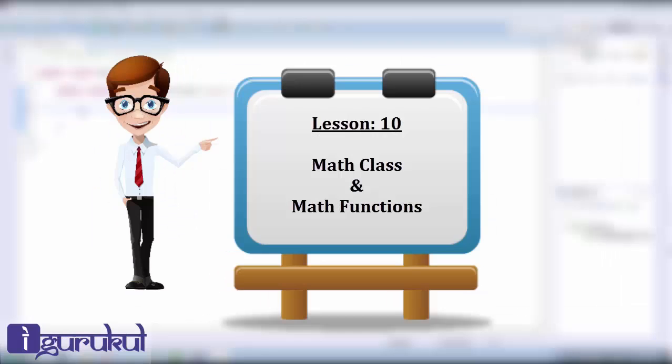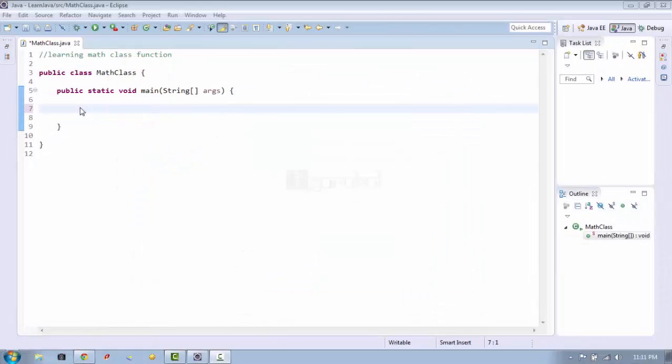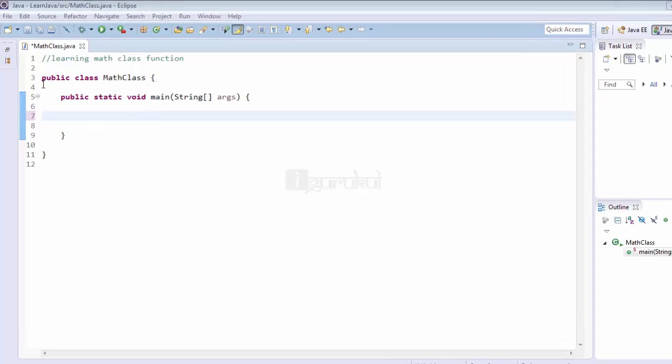In this tutorial, we will learn about math functions. Math functions such as finding the square root of a number, finding a logarithmic value of a number, finding the exponential value of a number, finding a minimum or maximum number between two numbers, or finding an absolute number, anything. Java has provided us with an inbuilt Math class in which there are various math functions. In this tutorial, I will tell you the few most important math functions. And apart from this, if you need any math function or description of any, you can ask in the comment section. So let's start.